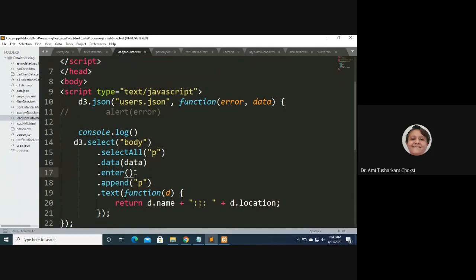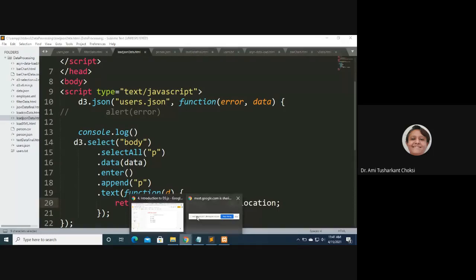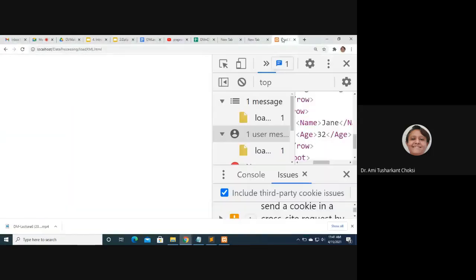This is an empty placeholder to fit the next coming data. Then after appending the p tag, the dot text function will print d.name and d.location. And as we have appended p, inside the p tag we will have this text.